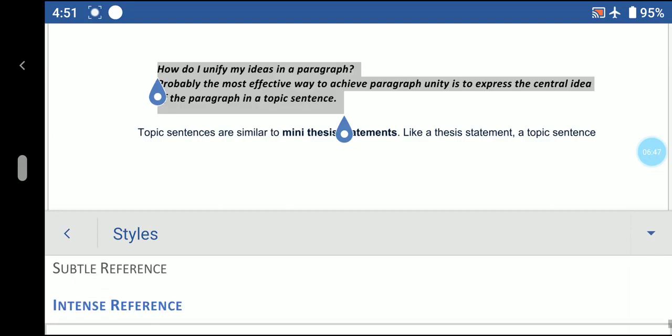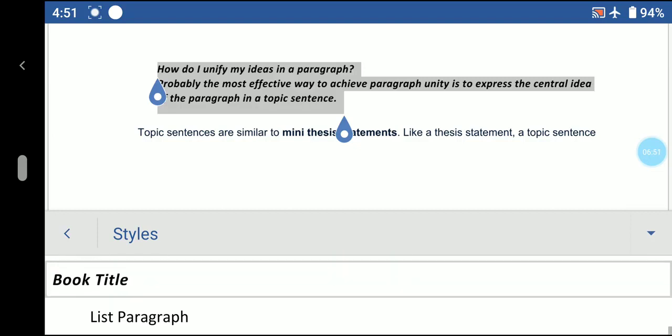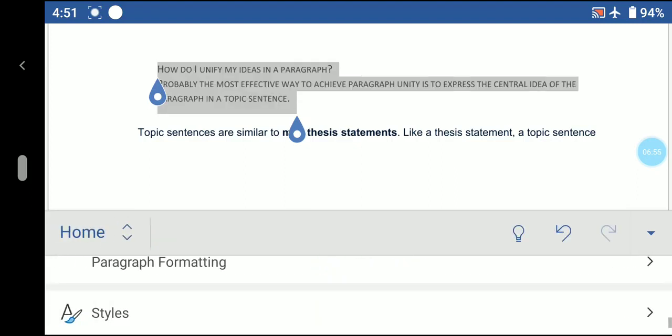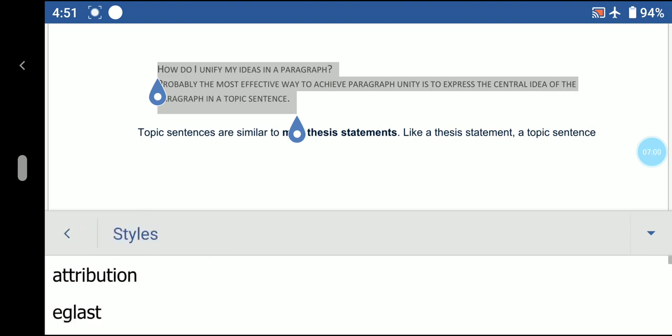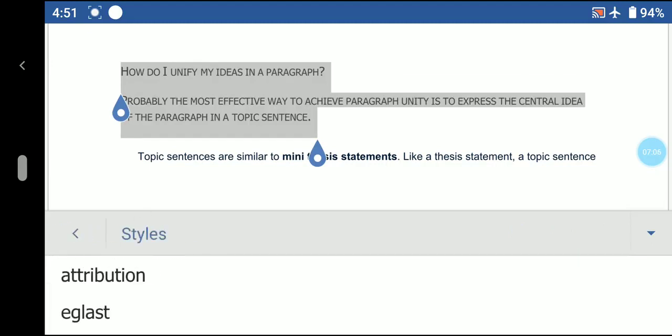Subtitle, Subtle Reference, have I done it or not? Subtle Reference we have not done, so I have checked that also. Now Attribution is left, and Normal.